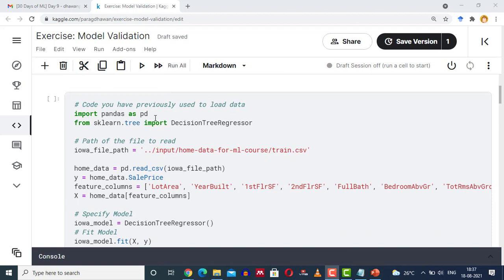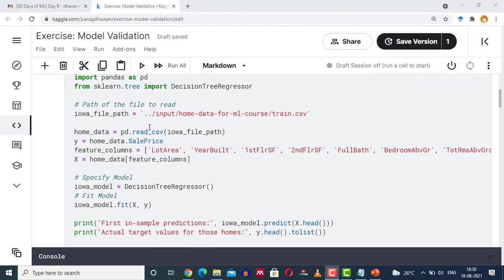In the cell we are importing the pandas library. We are also importing DecisionTreeRegressor from the sklearn library. We are saving the path of the CSV file in the iowa_file_path variable. We are reading the CSV file using the pandas.read_csv function, storing it in a data frame home_data.